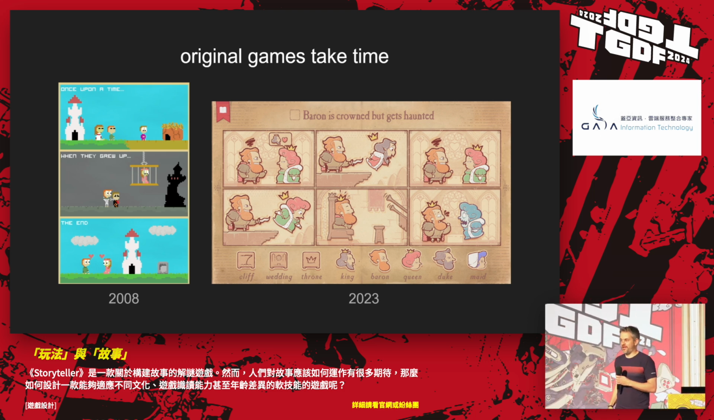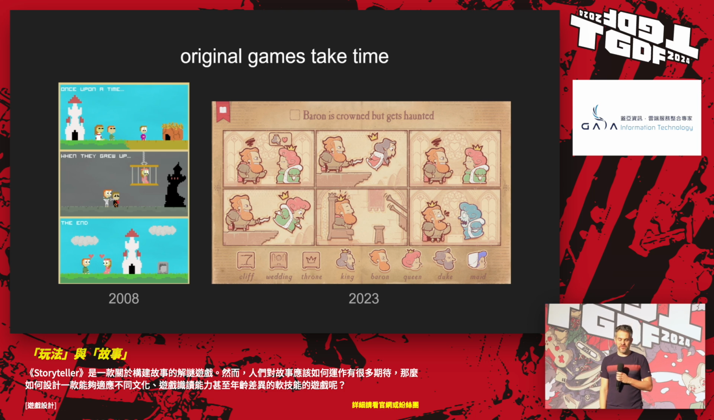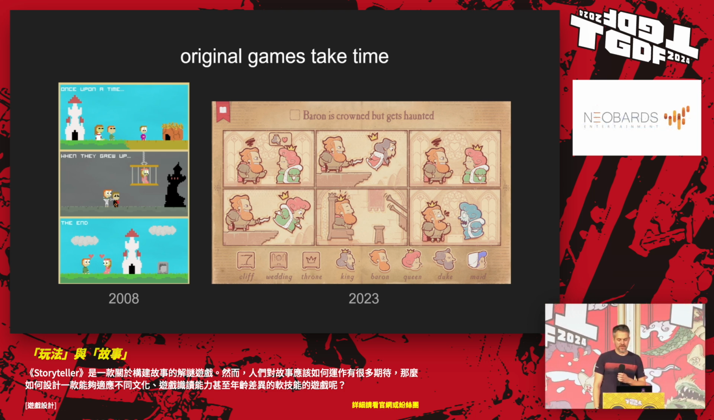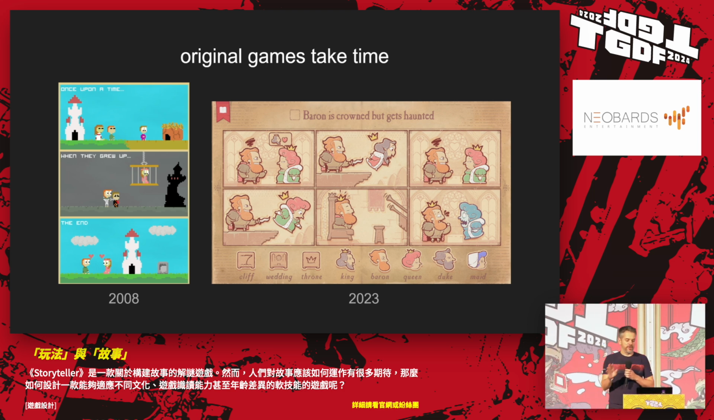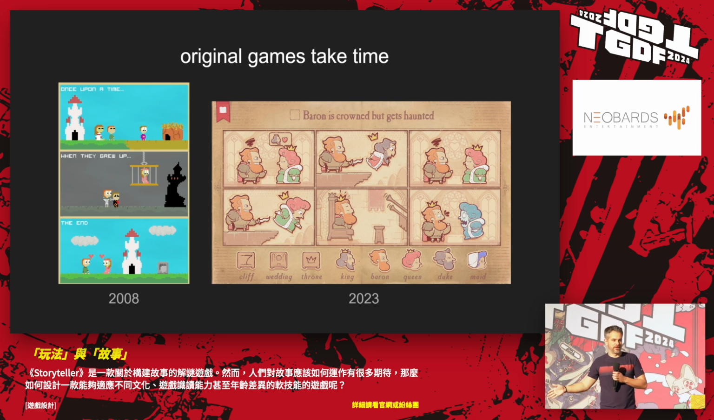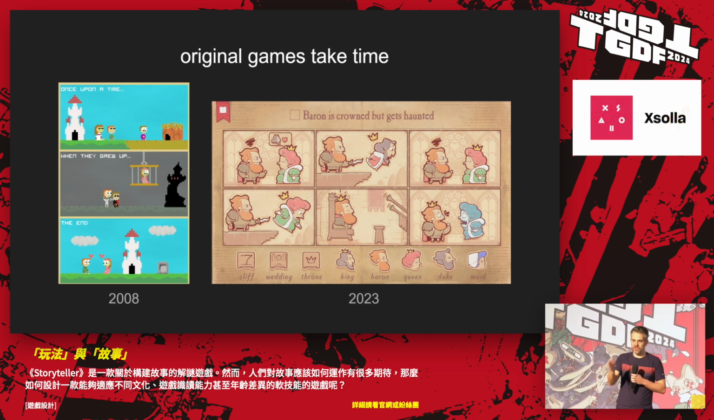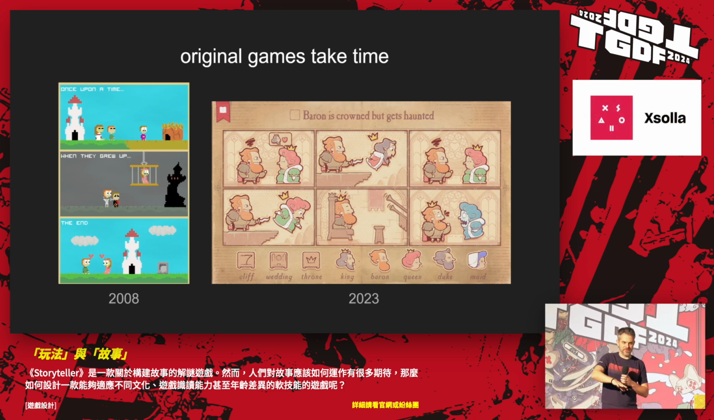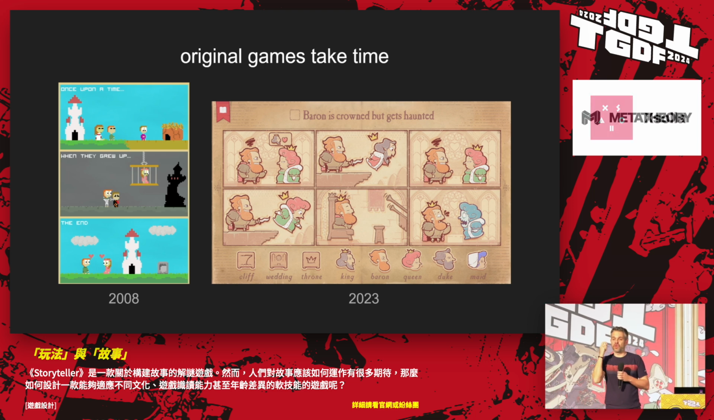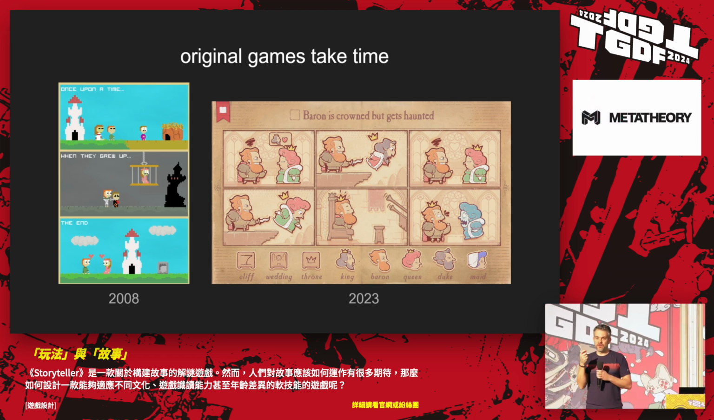So, as I was saying on one of the first slides, the big problem with making original games, I mean, to be fair, we did not work straight from 2008 to 2023. We did other things in the middle. It was on and off. We were working sometimes on Storyteller, sometimes on other things. But it took a very long time to get the right ideas for how to make the